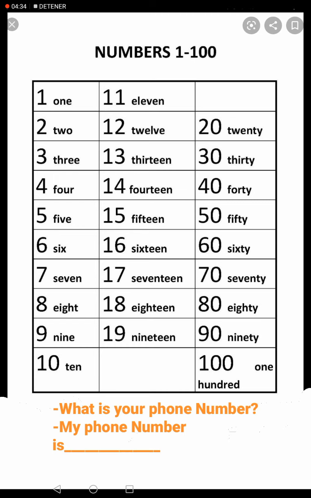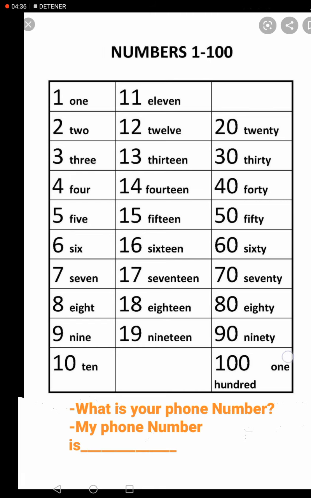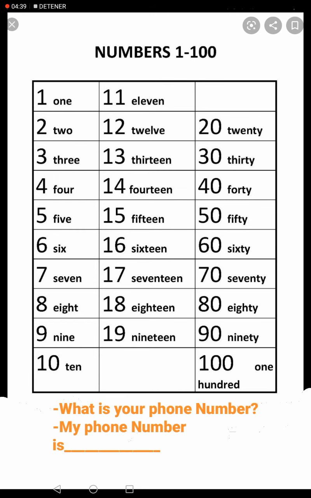And finally, we have the numbers from 20 to 100, but from 10 to 10. For example, we have 20, 30, 40, 50, 60, 70, 80, 90, and 100. So now we're moving 10 to 10, but in case that you want to say, for example, 25,